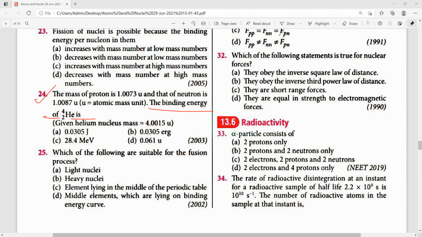So it is calculated by using the formula, mass defect, is equal to... Mass defect is equal to 2 into mass of proton plus 2 into mass of neutron minus mass of helium. So if we calculate this one for 24th,